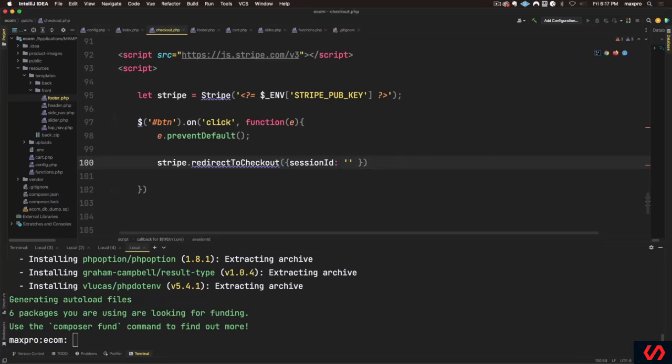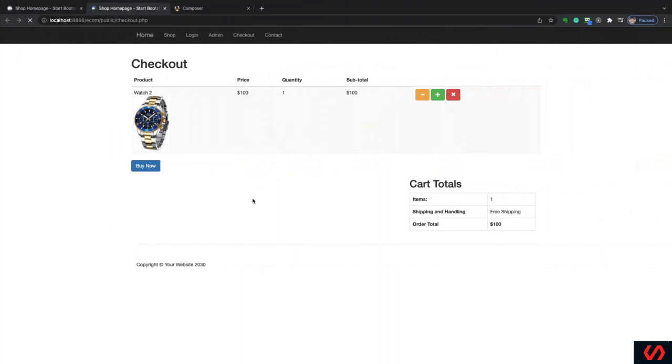Now, this session ID is going to be produced when we create a payment, okay? So right now, this is not going to work, okay? But I want to make sure that this button here is working, okay? So I'm going to leave this for the next lecture because we need to write some PHP code. So this is not going to work 100% with that right now. Okay, so let me just leave it empty and let's check to see if the button at least works. Let's click it,